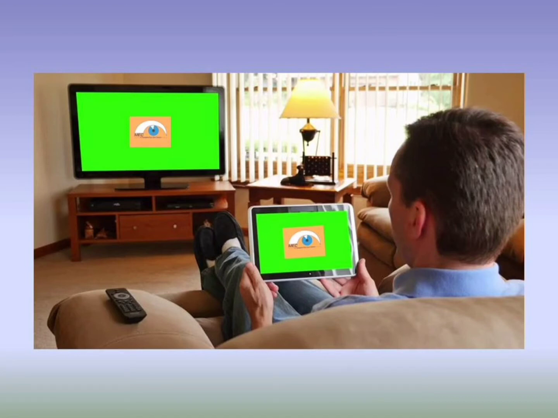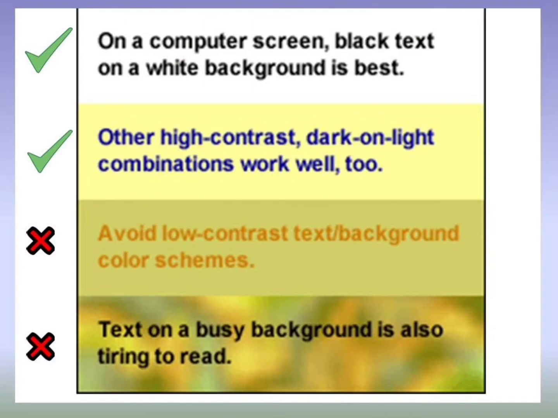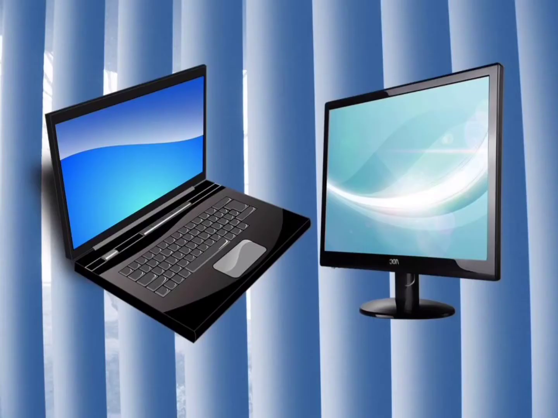Upgrade your display. LCD screens are better than old tube-style monitors. Choose a screen with the highest resolution possible. Choose a relatively larger display. Select a display that has a diagonal screen size of at least 19 inches. Adjust your computer display settings. Keep the brightness the same as your surroundings.